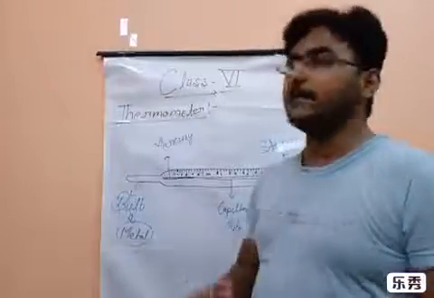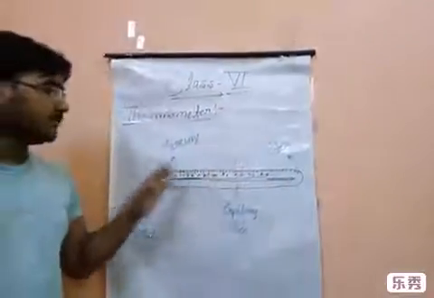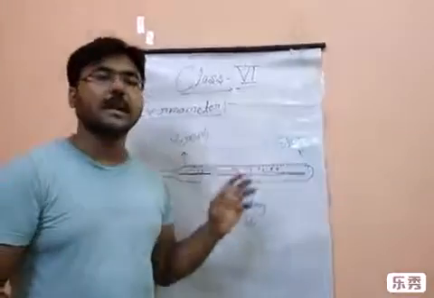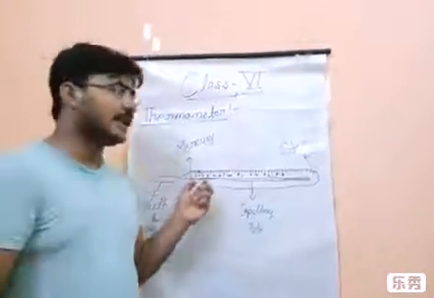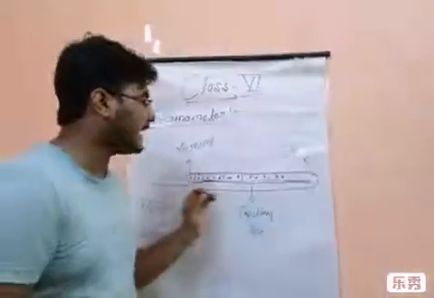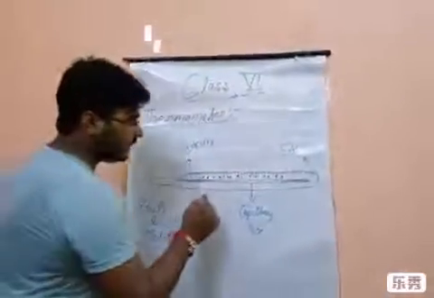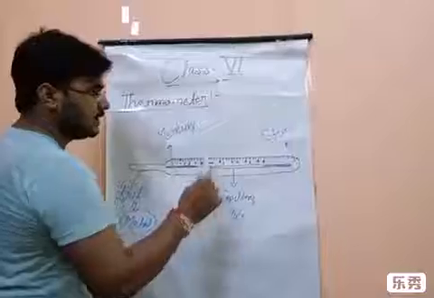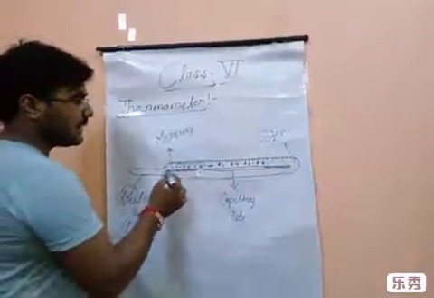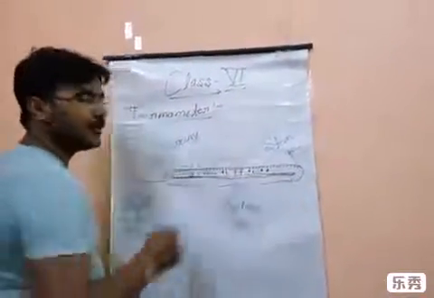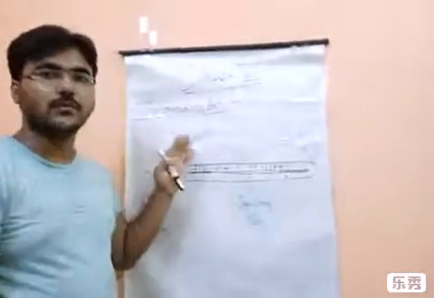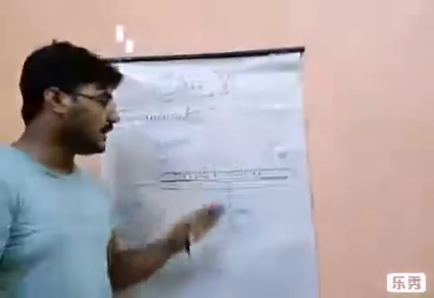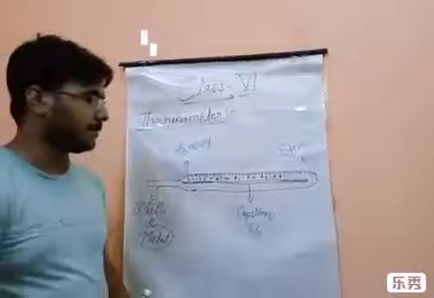Now we come to mercury. What is this mercury used for? Mercury is also a metal, but it is found in liquid form, and as it gets heat, it will expand. As you can see, I have filled it in some places, denoting that mercury is filled inside this capillary tube. Before finishing mercury, we will complete the capillary tube first, then we will finish mercury.